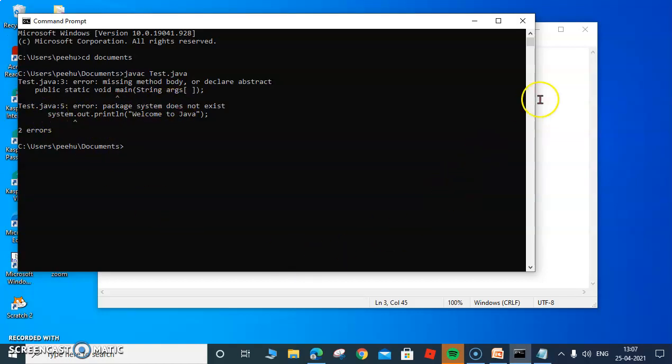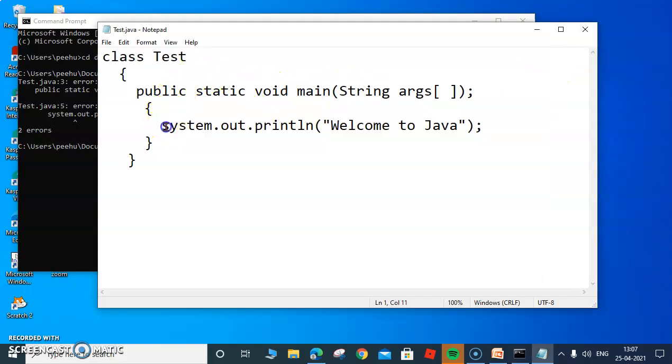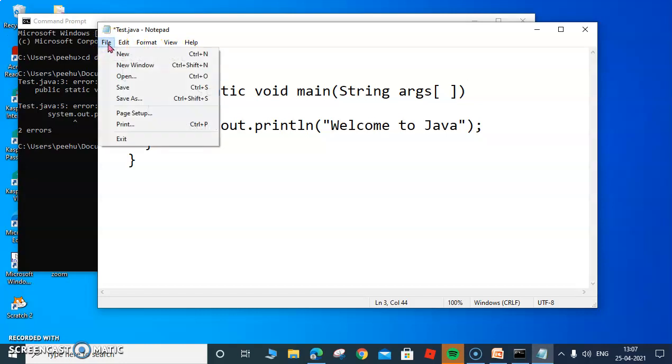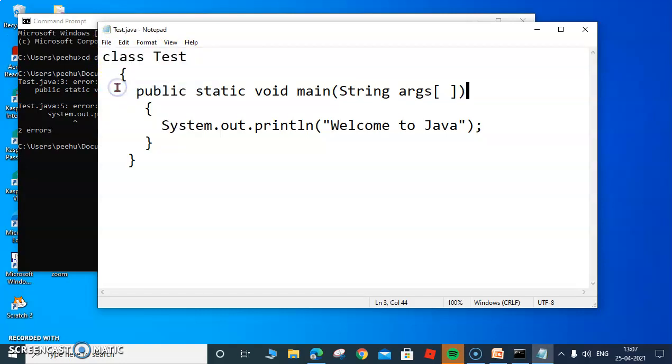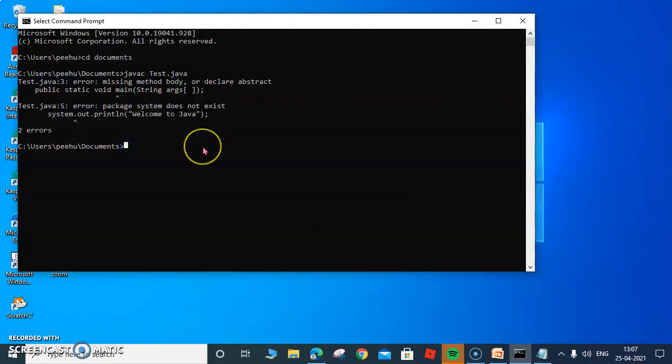So what you will do, go back to your program and make it capital, and then the semicolon here was not required, so just delete it. Now once you have made any changes, you have to save again, so go to file and then save again. After saving, you can minimize. You are still here, just type the command once again to recompile test.java. Once you recompile, look at this, without any error it is coming back to the prompt, which means our program has been compiled successfully.